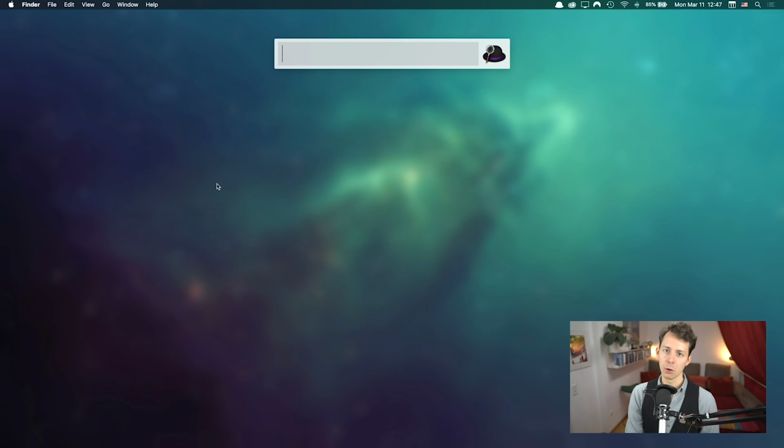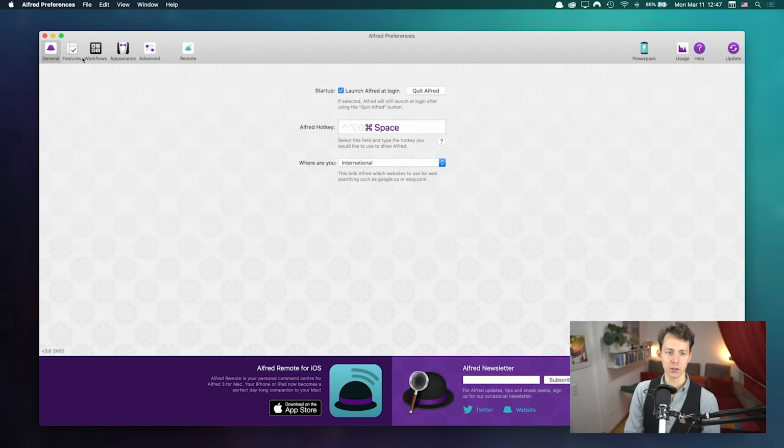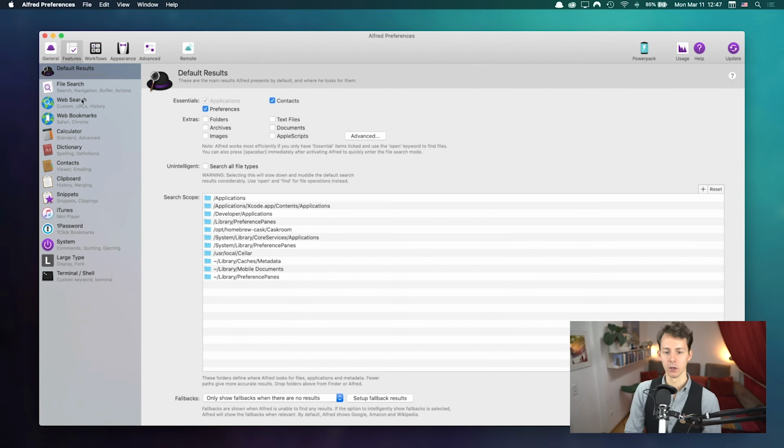To get into the feature overview, we're going to open Alfred with Command spacebar, and then we are going to open the application preferences with Command comma. Once we are there, we click the features button up here. And here you're greeted with the default results, and then you have a sidebar which offers all kinds of different